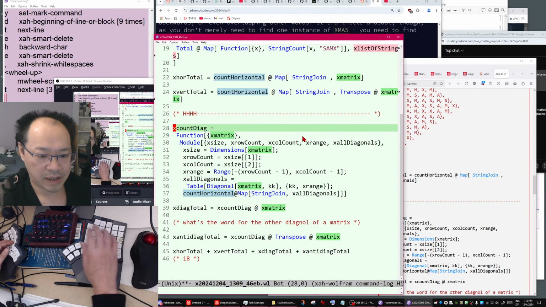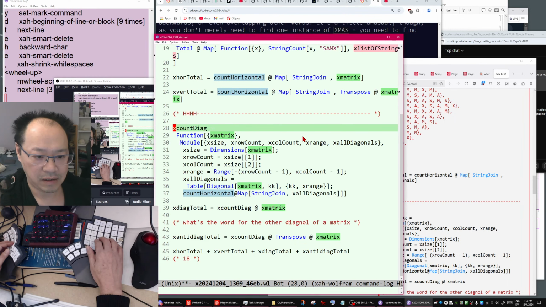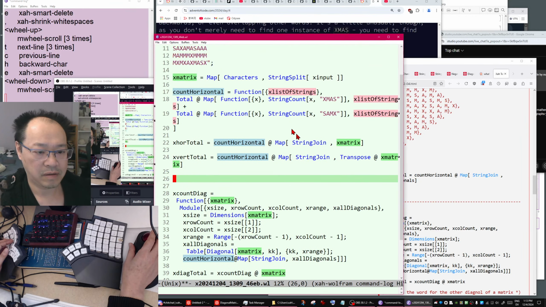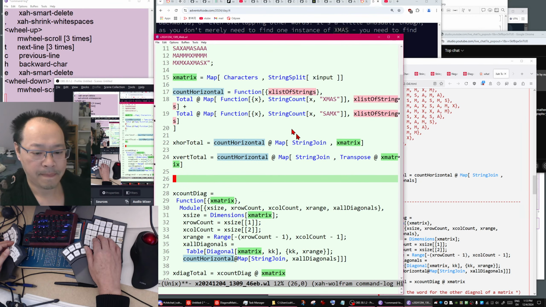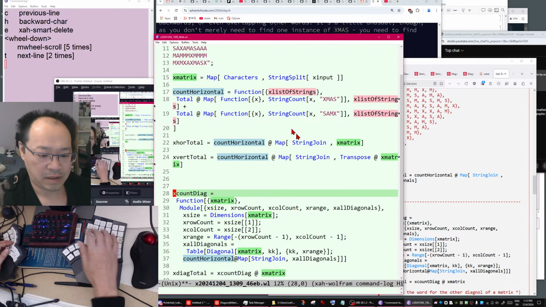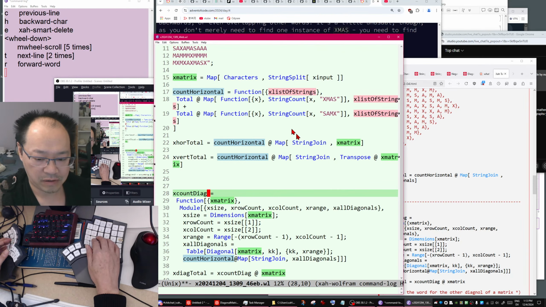Then count diagonal we need. So count diagonal is a function.